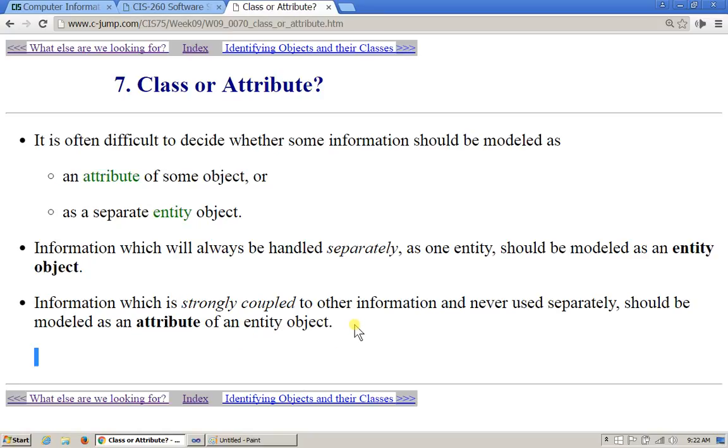And another tip is that unless you have a very clear sense, a very clear feel that it should be an attribute with its own specific set of behaviors, if you just feel like it's just a piece of data, it should be a data attribute in one of your objects, and eventually it could develop into a separate class, but not prematurely. You don't want to do it too early. You want to hold it as an attribute, and then eventually it could become a